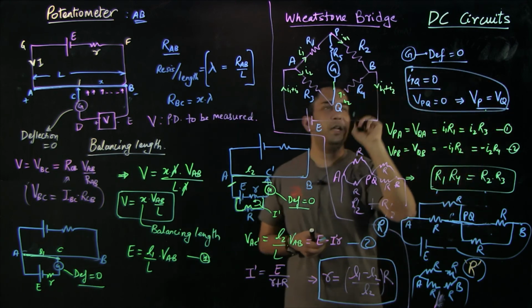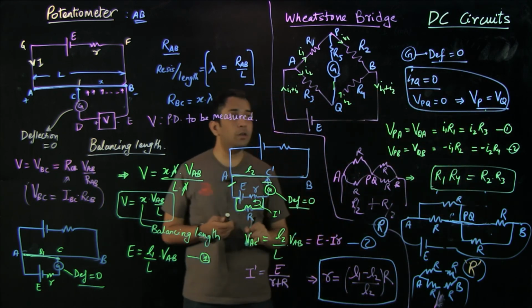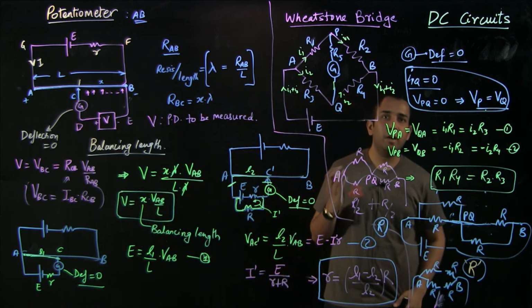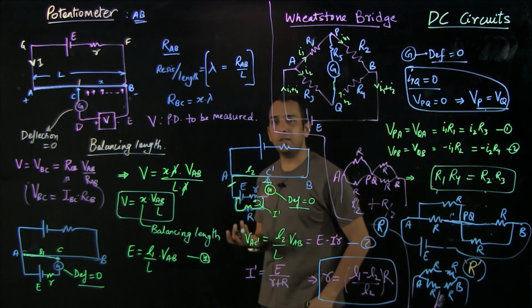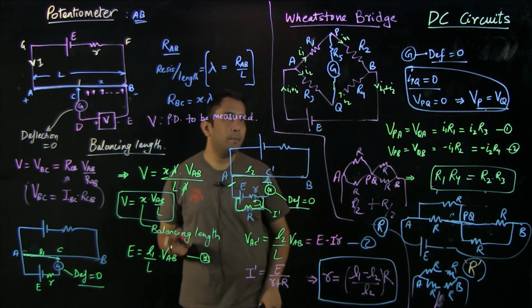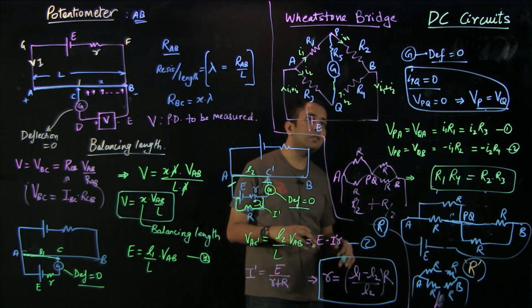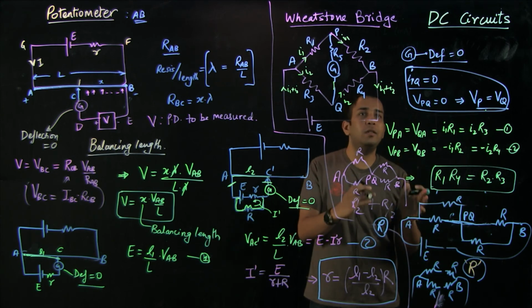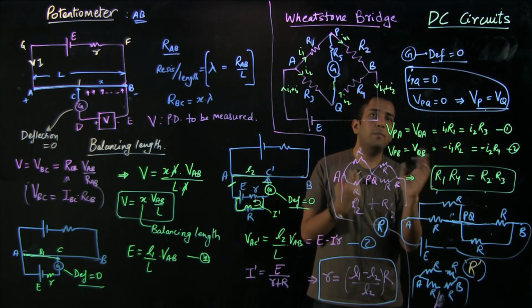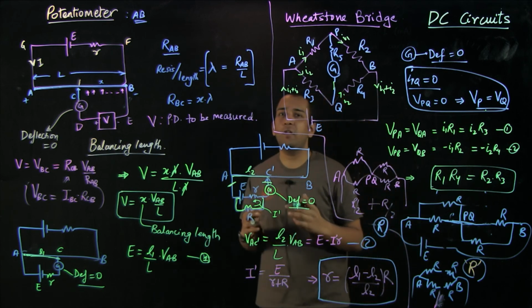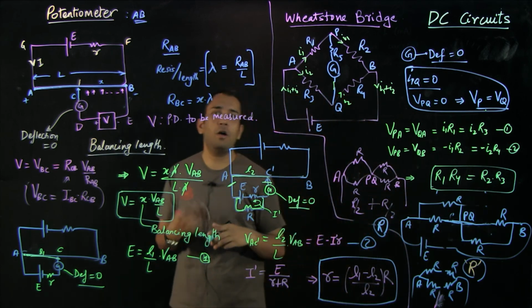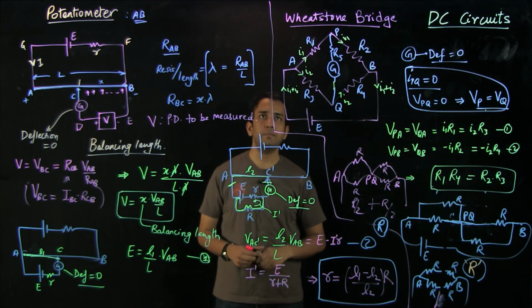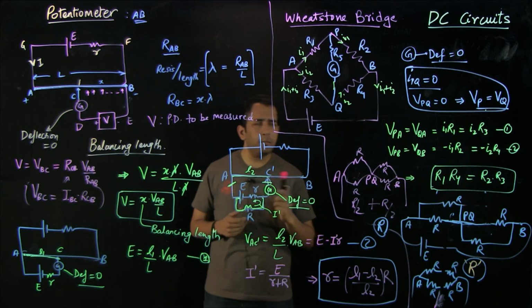So if there is a branch in which the current is 0, then our first intuition is to break it, and similarly if there is a branch in which the potential difference is 0, it acts as a zero resistance wire. But if a branch satisfies both conditions, then it's up to us and we can do whatever we want. As long as it satisfies both conditions, it makes no difference whether we join it with a zero resistance wire or break it and put an infinite resistance between them.